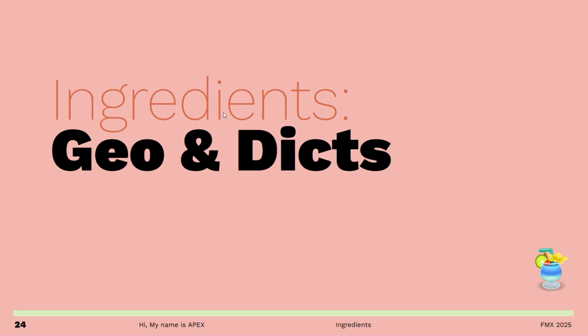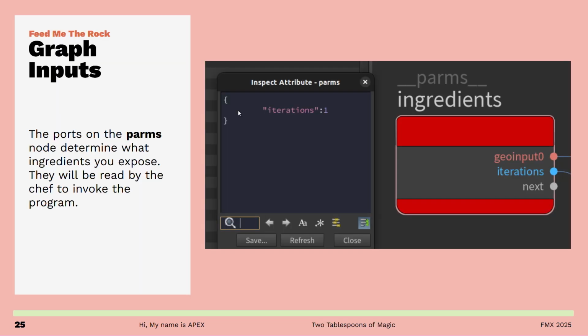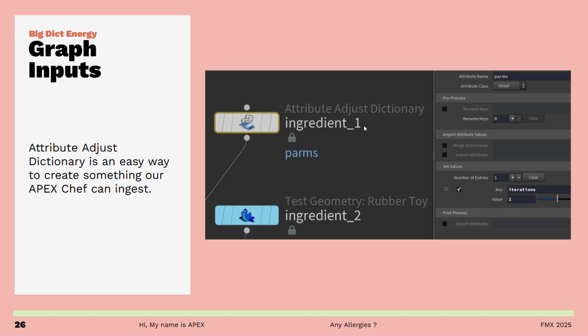Anyways, ingredients are going to be attributes or geometry. So in my case here, I've just promoted two parameters. One of them is my geometry, and one of them is iterations. That's going to be how many times I want to subdivide, because my graph just basically does a subdivision, right? So here I'm just doing one iteration. That's the parameter we promote. And then the way I set those parameters is creating this dictionary with this key called iterations. And for the other one, I just plug in some geometry, and that then gets passed to the graph